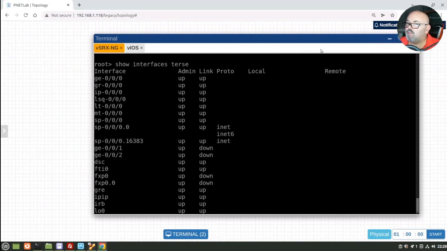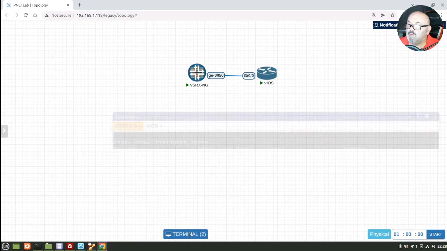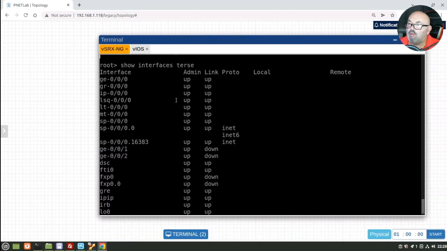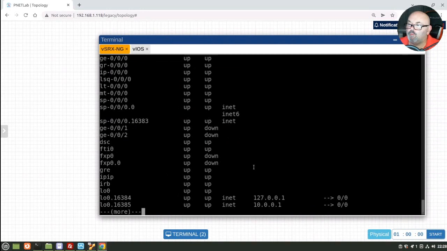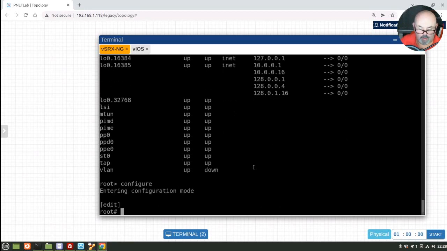So what I've done, I've added a Cisco vIOS image there on Gigabit Ethernet 0/0. So what we're going to do, we're going to see if we can ping across. But before we do that, I need to put this from the normal firewall mode into router mode. So let's go into configure, and I'm going to delete